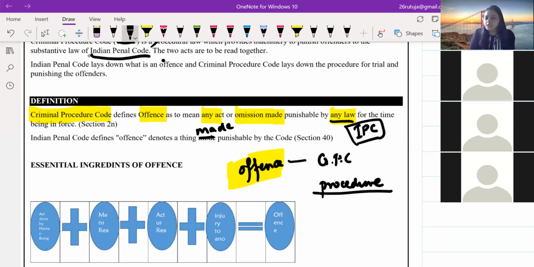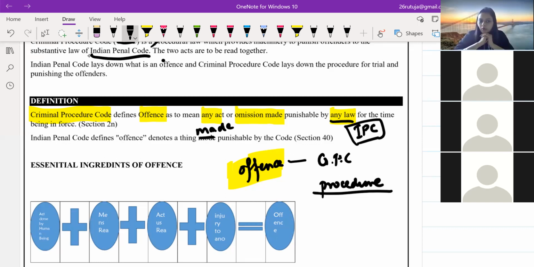So I.P.C. भी किसी ऑफेंस को अंडर I.P.C. डिफाइन करता है. टोटल 499 500 सेक्शंस है अंडर I.P.C, where defamation, robbery, house breaking, theft, dacoity, बहुत सारे ऑफेंसेस को डिफाइन किया गया है और उसके इसेंशियल इंग्रेडिएंट्स दिए हैं. So any such thing which is made punishable by the code, मतलब कि IPC, उसको हम IPC के offense वाले